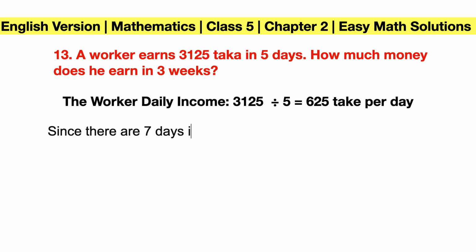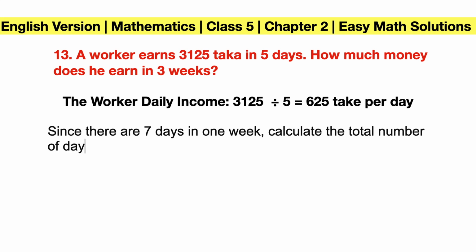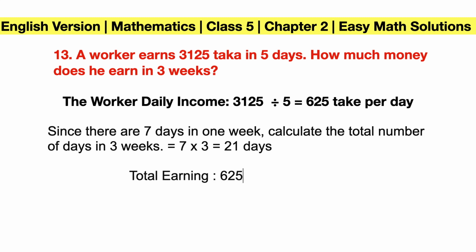Then since there are 7 days in a week, let's calculate 3 weeks. 3 weeks is 7 into 3 equals 21 days. So total income of 3 weeks or 21 days equals